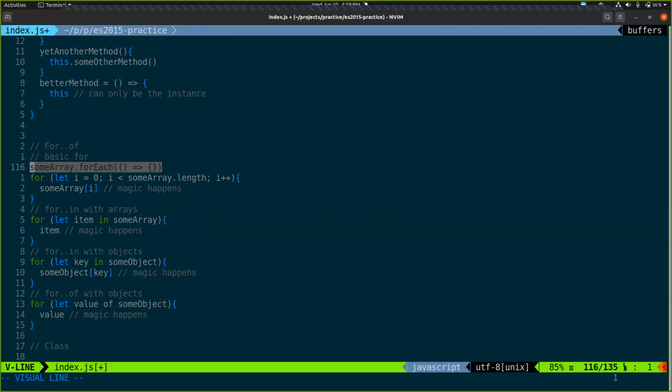We just say that we want an iteration to happen, and we leave it up to the language to figure out how it happens. It probably does something like this under the hood. But we've taken the implementation of something and tucked it away in a word that describes the outcome that we want.